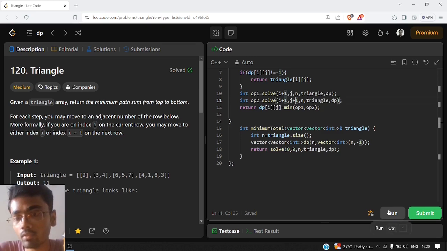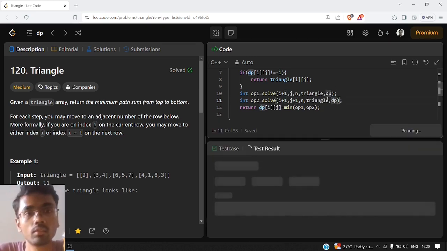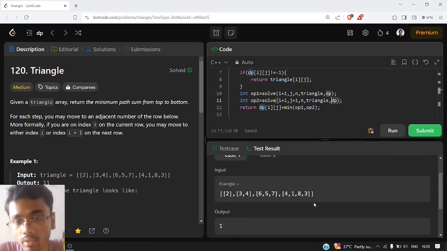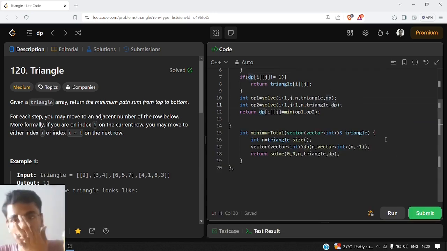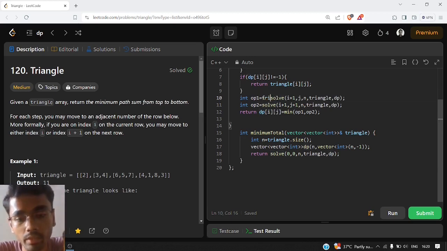Let us see if this works on the sample test cases. So it is giving us a wrong answer. Let us see what mistake we made. Okay, so we need to take the current number also in our answer, otherwise how will we add it to our answer?